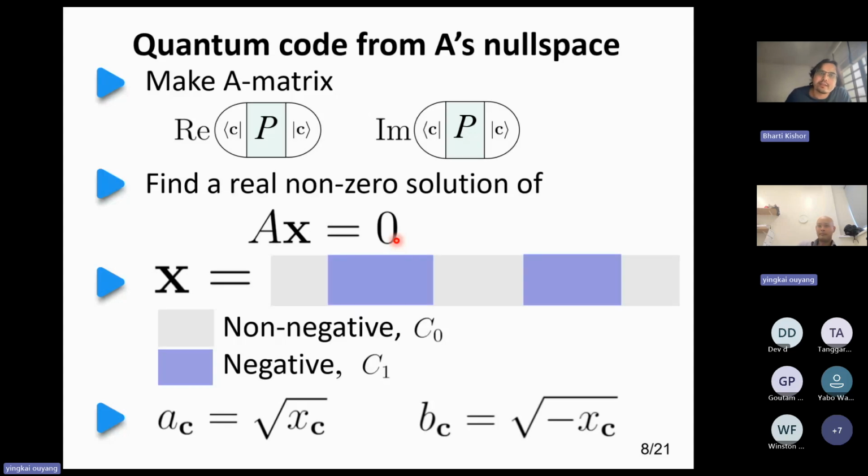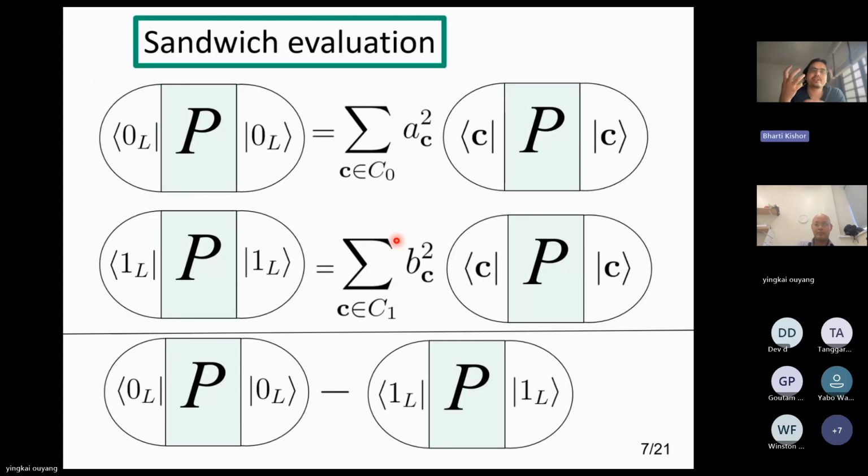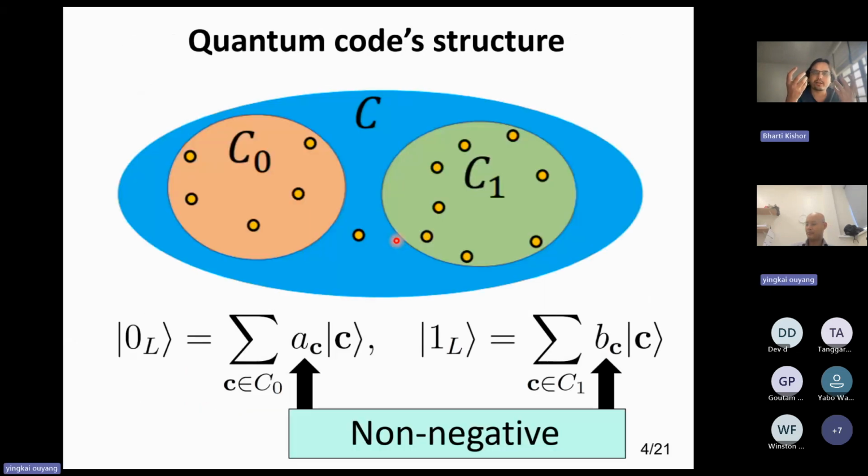So Yingkai, I'm just trying to make sense of it. So you start with some classical code, which has all of these code words, and you put some weight on these code words basically, and you partition it in 2 parts. So you have this part C0, and you have part C1. And maybe you do not care about some of them, like some of the code words you just throw away. Yes. You're saying that you put some weight on them, and the weights are non-negative but real. Yeah. And what you are trying is that for it to be a valid